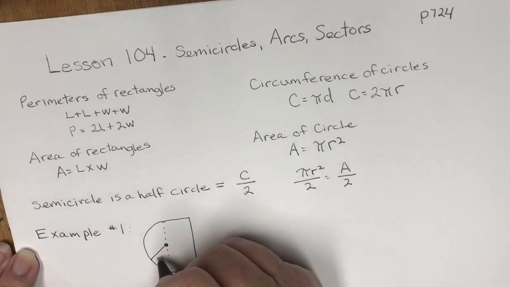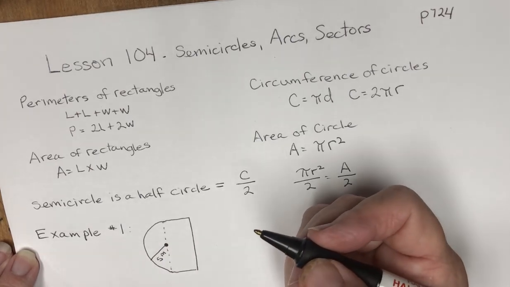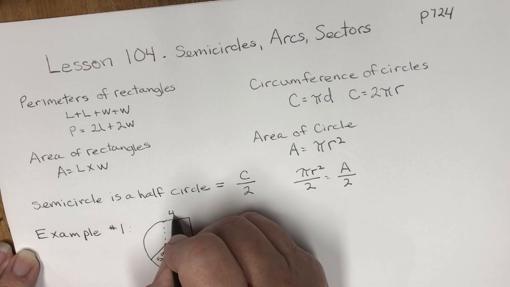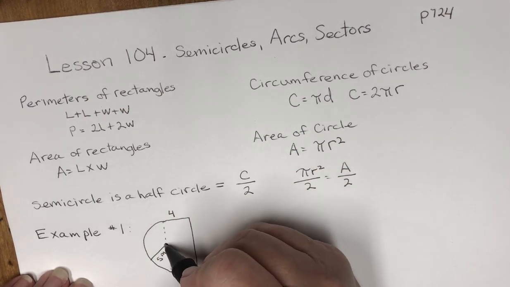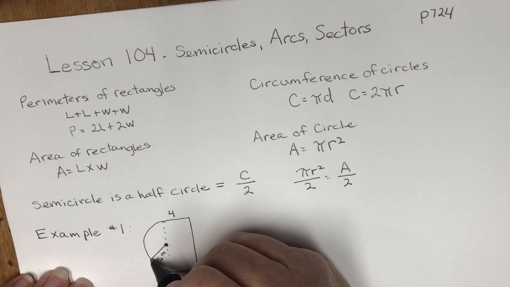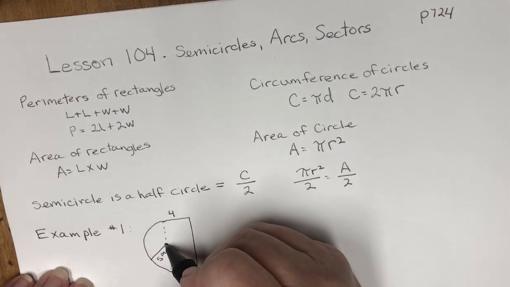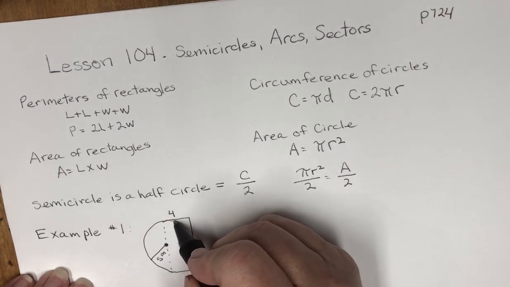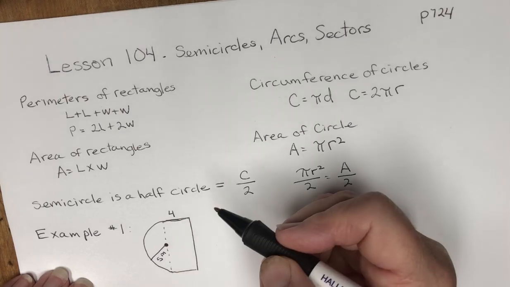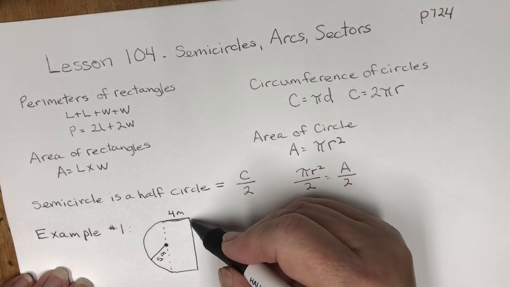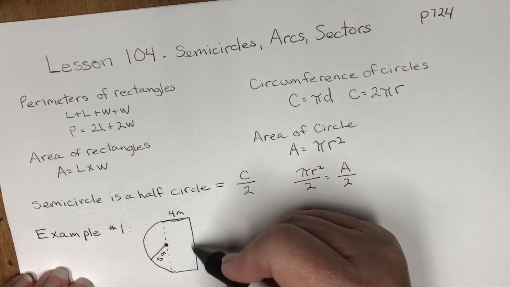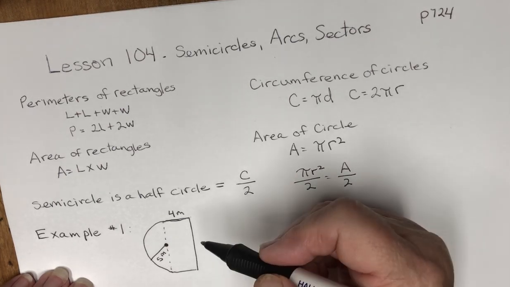The dimensions are in meters, so I'm just going to put my M right there. They only give us 2 dimensions. They give us the dimensions of a radius, which we can use. They give us the dimension of this side of the rectangle as 4 meters. But now we have to interpret and figure out what is the long side. So looking at our